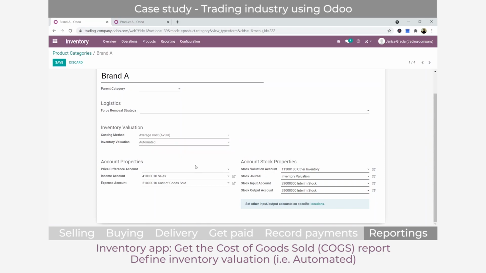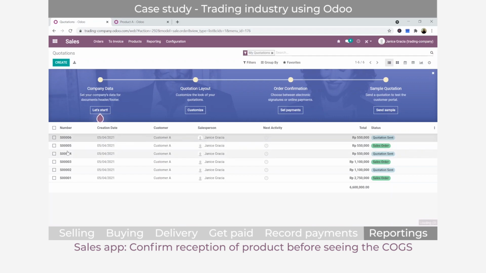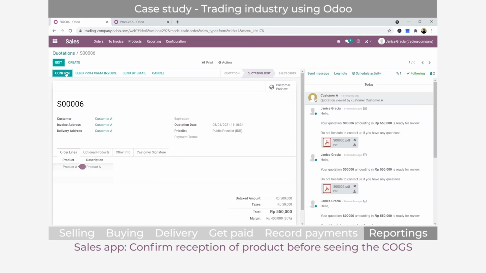So we choose the automated, and then here you can see the income account. You can define the income account, expense account, and then also the stock input and stock output. So if you click on save on this, and let's say for this one we confirm,